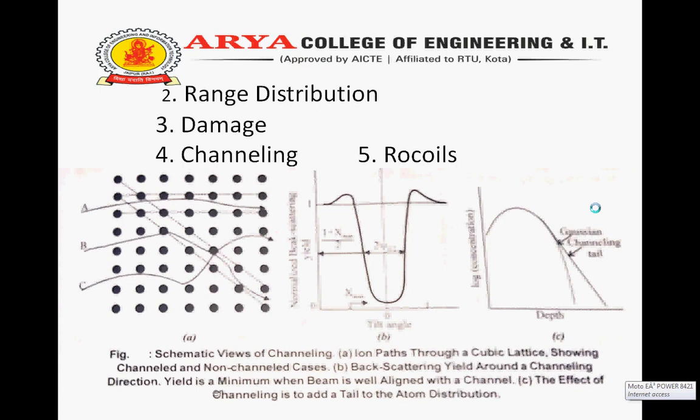Fifth is recoils. In the implantation process, oxygen atoms are displaced from oxide into silicon, giving a profile composed of two roughly exponential regions. This is called recoil mixing. This recoil mixing can be used for introducing dopant atoms by automatic implantation machines. The most common case of implantation through a thin oxide layer into silicon is shown in the figure.